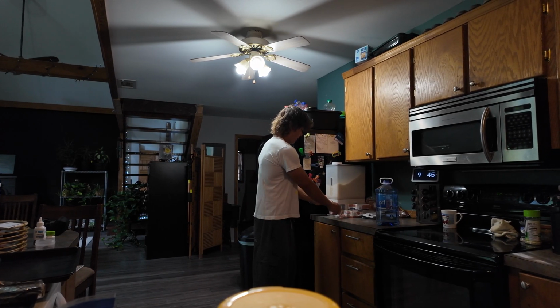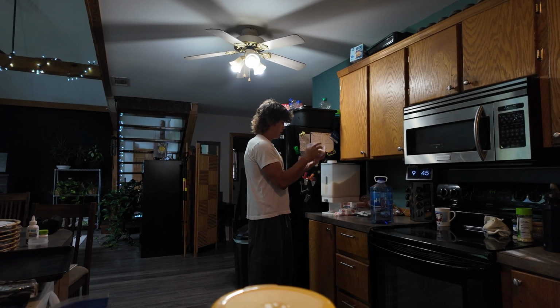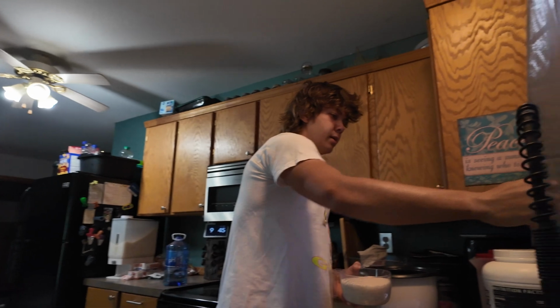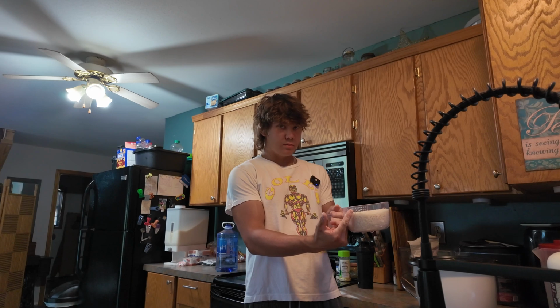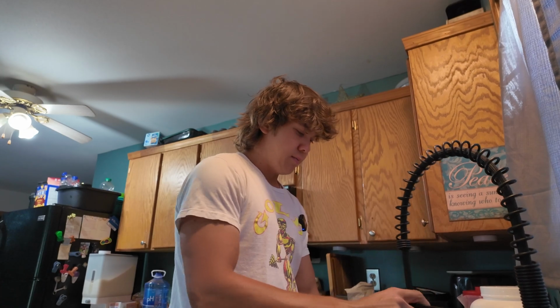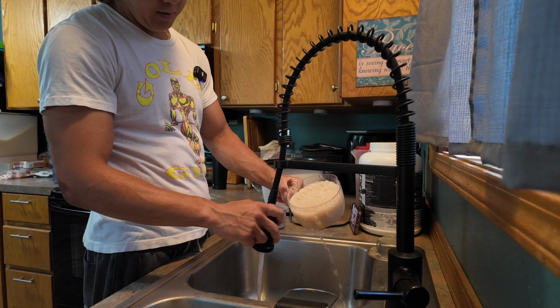It's so nice, and it's got little measurements on the side. So, hold up, 3, not even close. You're gonna need 3 cups of dry rice, and I know a lot of people get really religious about cleaning every grain of rice. But this thing has little holes on the side, right here, and I don't get in there and dig around the rice. I may need to look into that more, but what I do is I just run some water over it 5 or 6 times. And I'm not saying that this is cleaning it perfectly, but it's